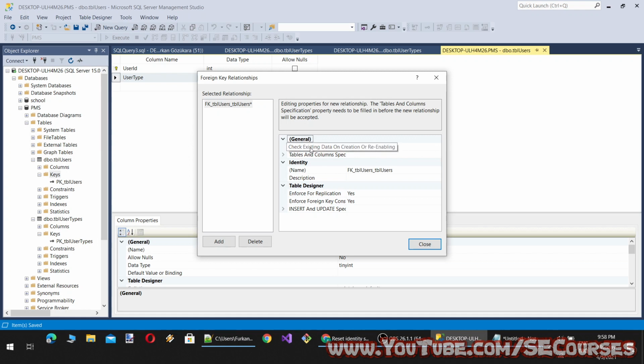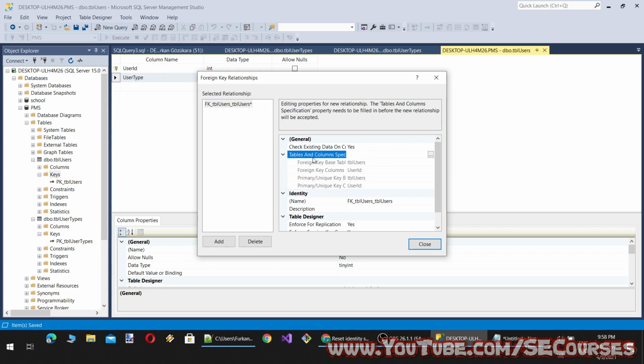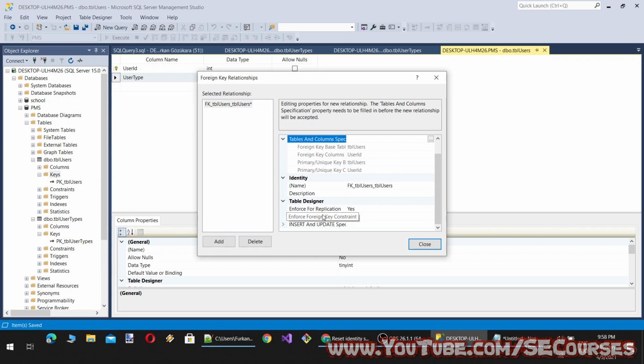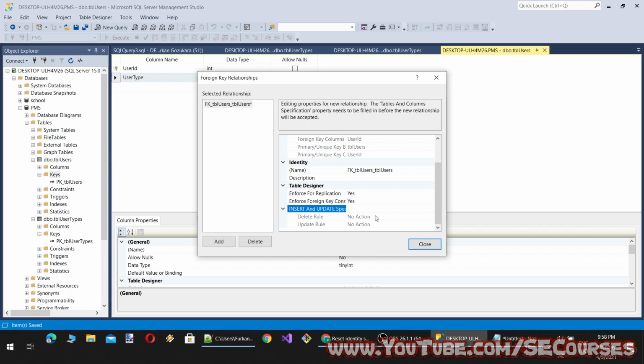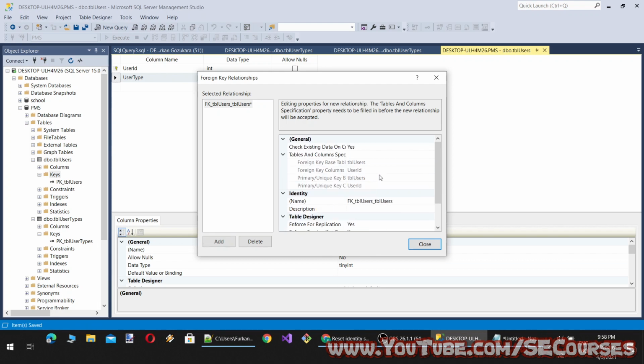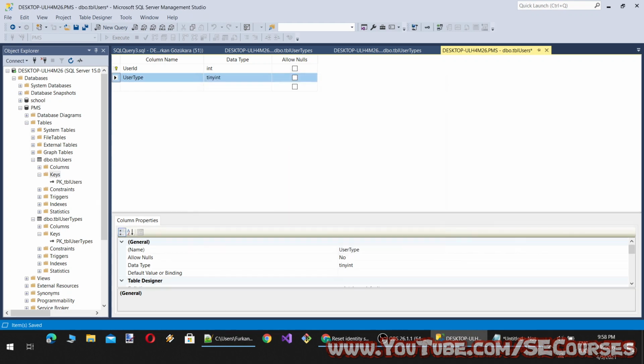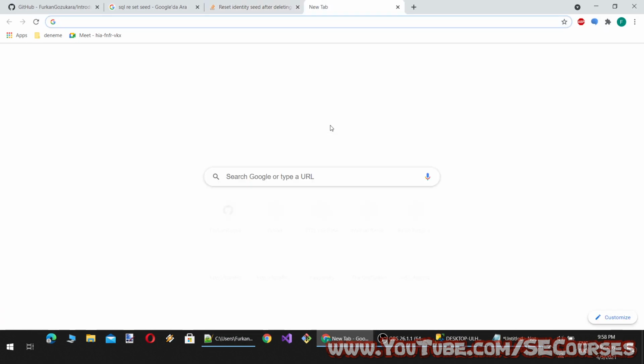As you can see, check existing data on creation or re-enabling, and there are also some other specifications: enforce for replication, enforce foreign key constraint, insert, update, delete specification, and there can be rules as well. Okay, so let's look from here.